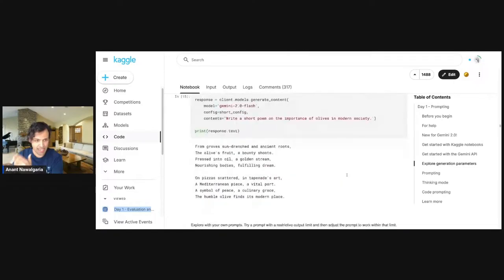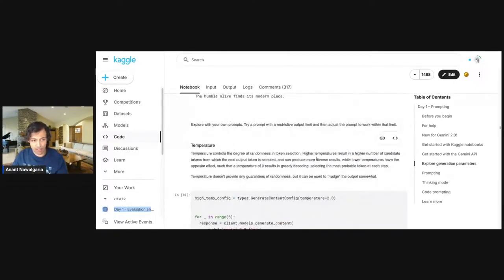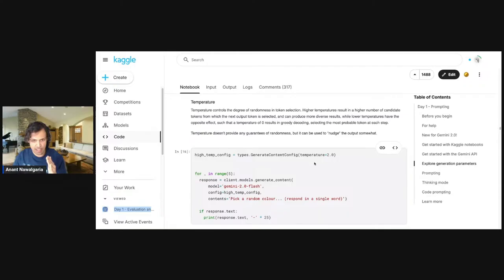So keep that in mind, but it can help you control costs. Then we looked at something we have talked about earlier, what Kiran mentioned earlier, temperature. This basically controls the degree of randomness in token selection. And long story short, a higher temperature leads to more diverse outputs, while a lower temperature leads to more predictable,